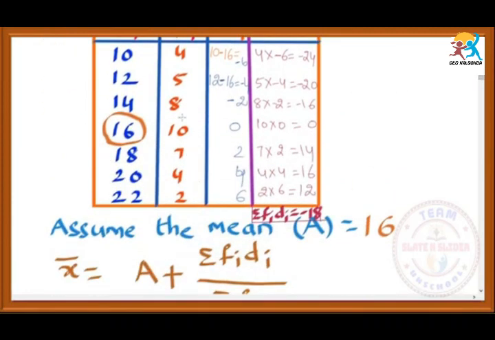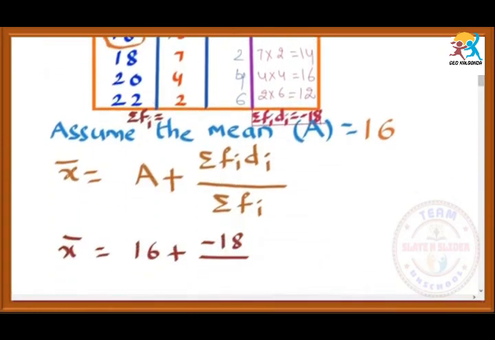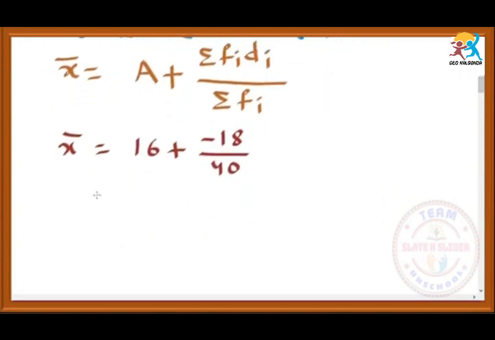So we have to add the frequencies, that is sigma fi, that is equal to add 4 plus 2, 6 plus 7, 13 plus 10, 23 plus 8, 31 plus 5, 36, 36 plus 4, 40. So sigma fi is equal to 40. Substitute in it. So simplification, 16 and plus into minus is minus, and you can cut, 2 9s are 18, 2 20s are 40, it will become minus 9 by 20.